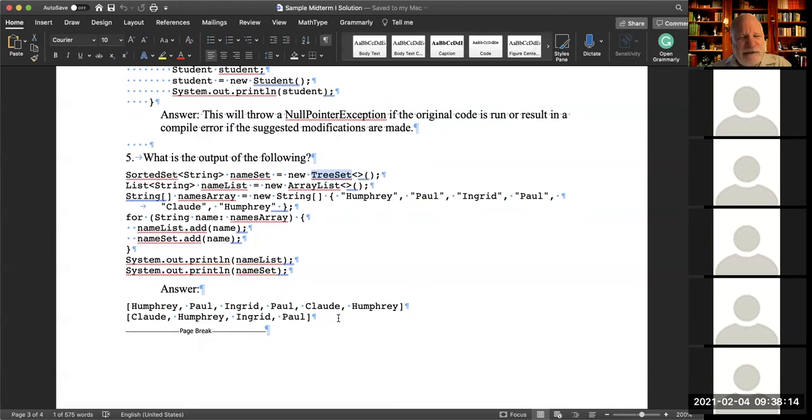I was tempted to have a bonus one, which is: does anybody know the relationship between these different names? Weren't they all on The African Queen, the movie? Humphrey Bogart. Close.